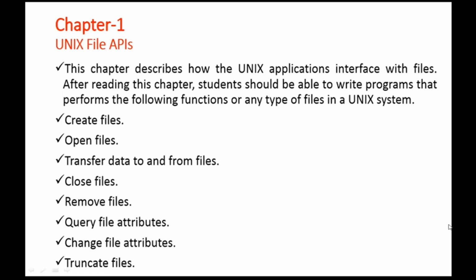Hello students, today we will start the third module. In that, the first chapter is Unix file APIs. This chapter will describe how the Unix application interfaces with the files. After reading this chapter, students will be able to write programs which will perform the following functions, like creating